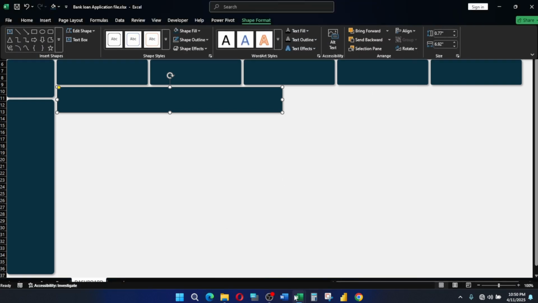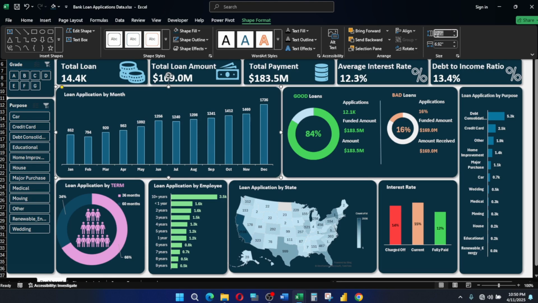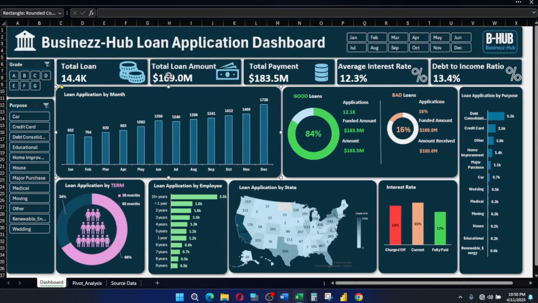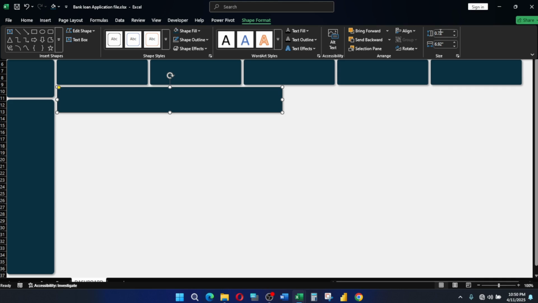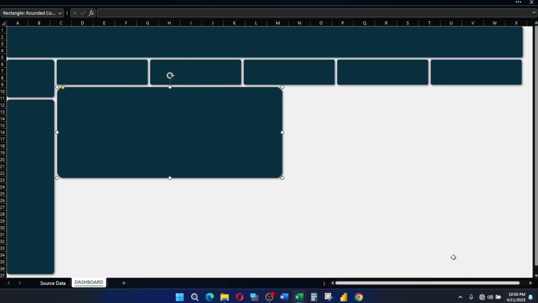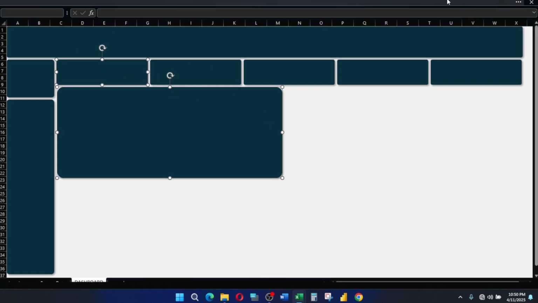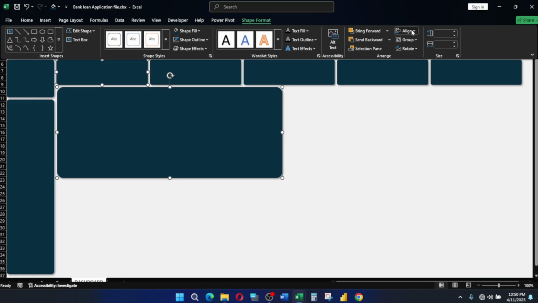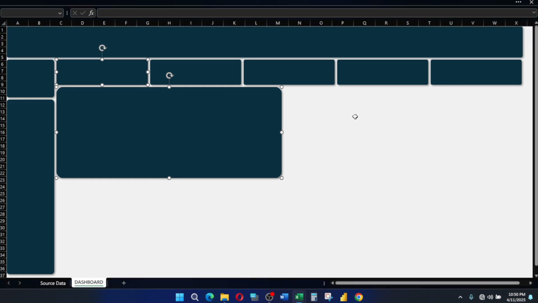So we go back again and look at the size. We have 2.7. So the height is 2.7. So this is the height. You can just align it, select it and this, and click on shape format. Go to align, let's say left. Yes, you can see it has adjusted. Now the next card we have,